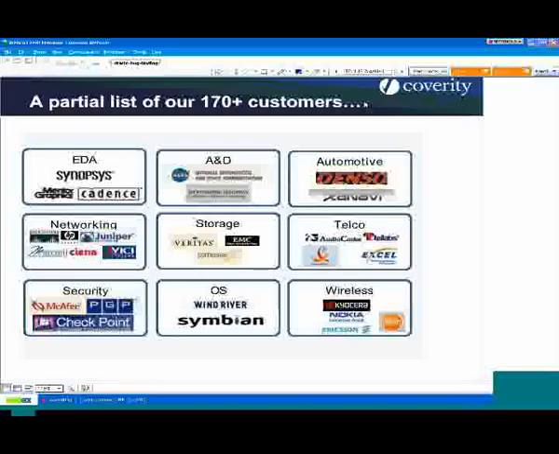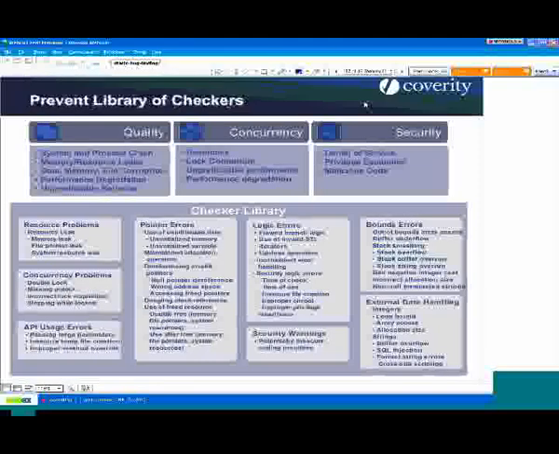Okay. So far I've talked about it in terms of, you build this checker and then you run it. What's typically the case is if you have a rule that needs to be checked, either someone else already had the same rule and they've already written a checker for you, or for instance, Kubernetes has already done it. They have a large suite of checkers. So they have things to look for: resource leaks, memory leaks, file pointer leaks, difficult concurrency problems, deadlock, sleeping while holding a lock, just as we've talked about.